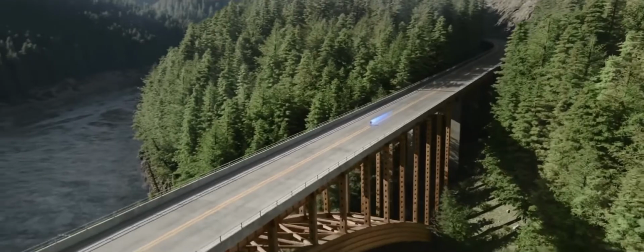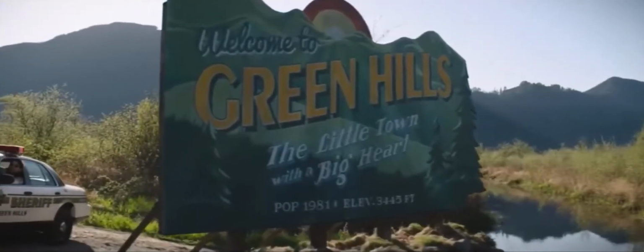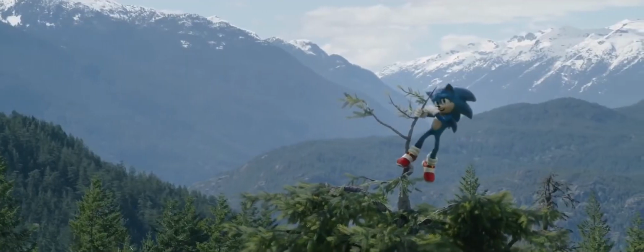And the robot appearing right behind Sonic next to the bridge that he destroys is such a cool shot. I actually really like that quick moment. It's honestly a pretty cool set piece on its own. The bridge is even established at the beginning of the movie during the Good Morning Green Hills scene. And I always love seeing Sonic just mess around with Robotnik, running up trees in the middle of the battle